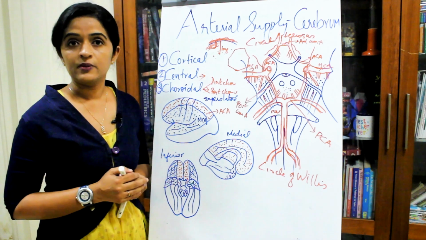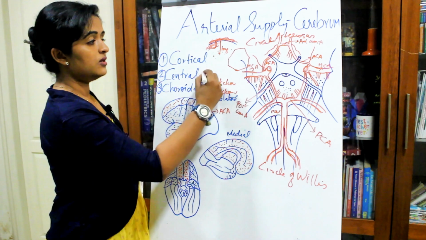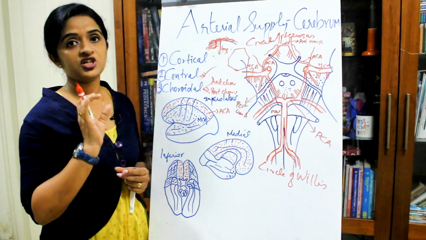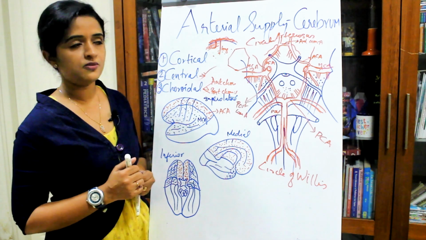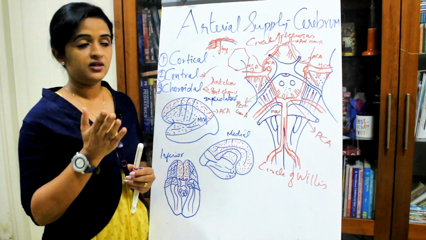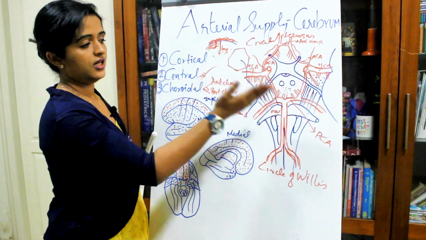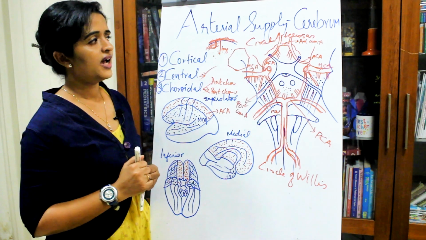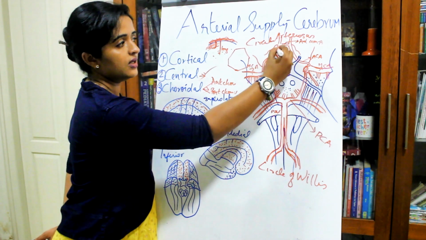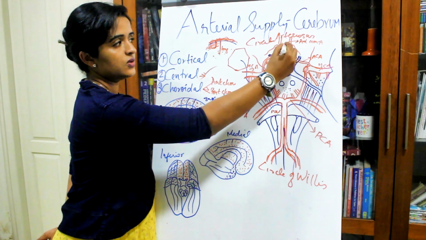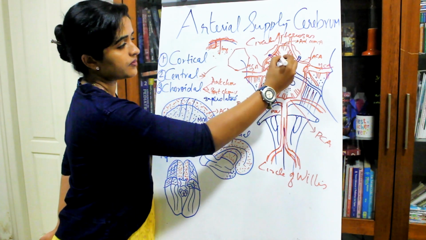Now let's discuss the branches arising from the circle of Willis. We already mentioned that the central branches are a type of branches arising from the circle of Willis. What are the central branches? They are actually two sets: the set seen anteriorly and the set seen posteriorly. What do you call the anterior set? There are some branches arising towards the medial aspect. Can you see, towards the medial aspect? This is known as